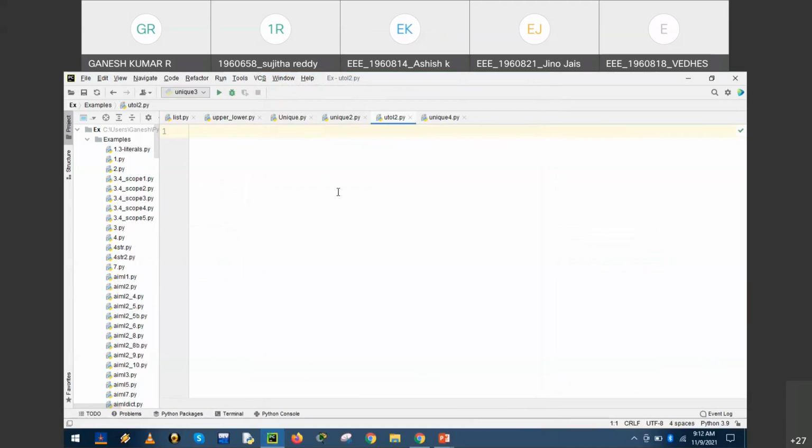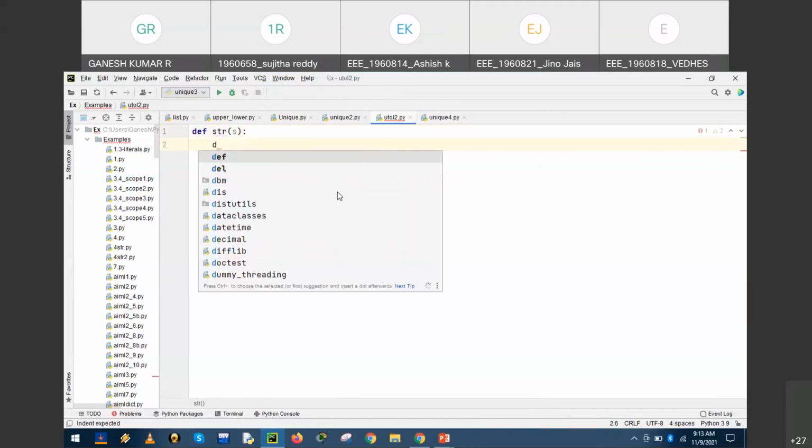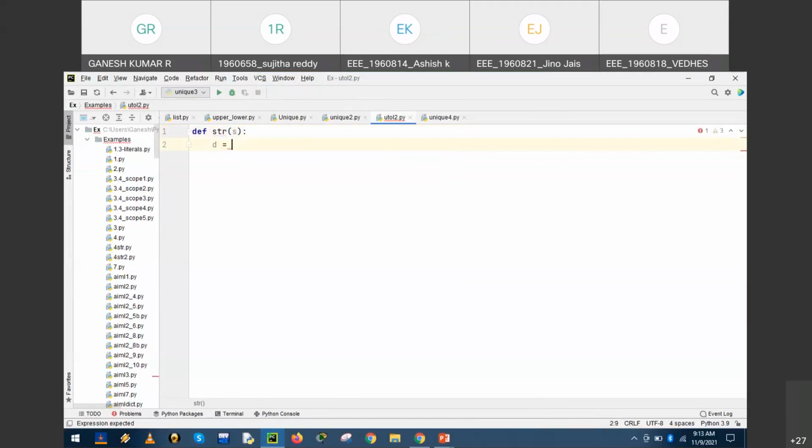Right. So we start with the definition of the function, def. The function name is str, and we pass an argument S, right? Then we have a dictionary. D is equal to, which defines the two variables, uppercase. The dictionary should have two components, one on the left, the variable, and its corresponding value.